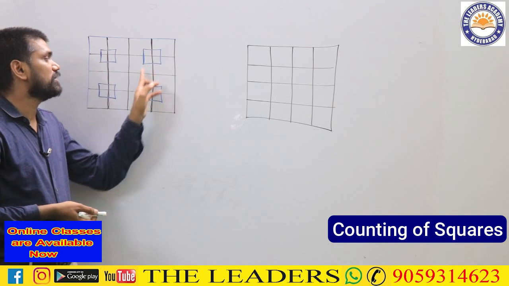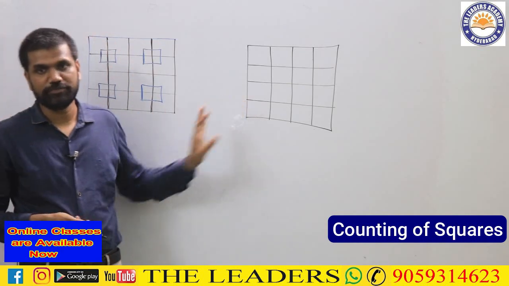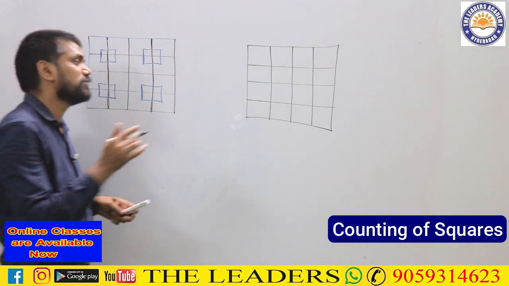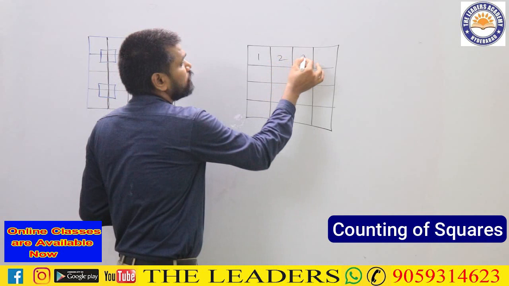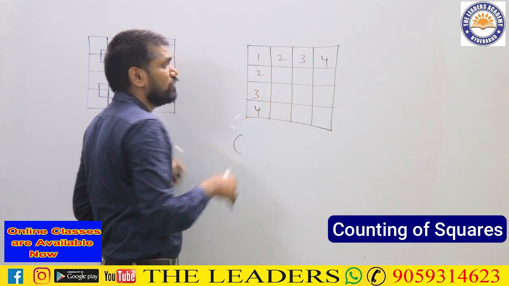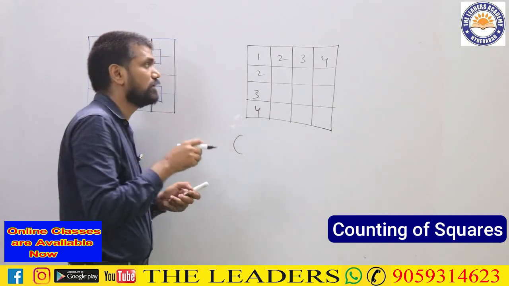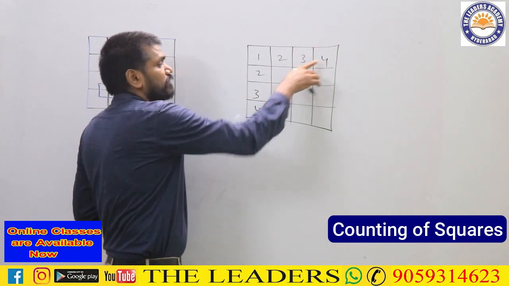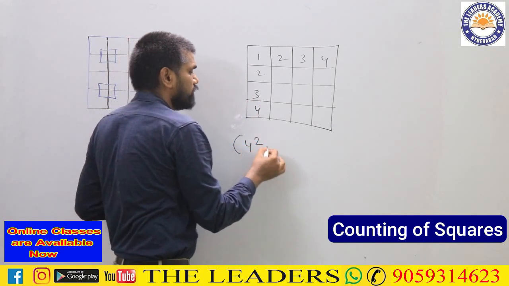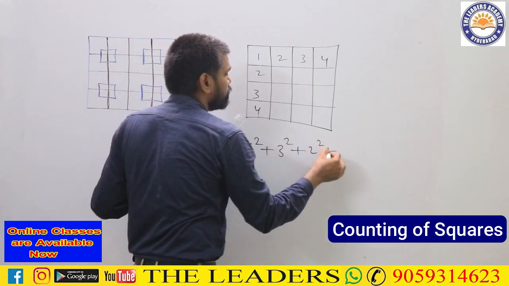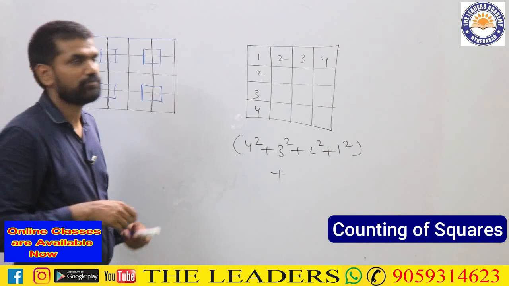So forget about the internal structures that I have drawn. Just look at this larger one. That one is having this shape. In this 4 by 4 square grid, how many squares will be there? We know. So that is 4 by 4 square grid. So I can simply say it as 1, 2, 3, 4. If it is a square grid, in that one counting of squares trick we have already learned. The trick is what? You simply multiply this. So what exactly is that? As it is a 4 by 4 square grid, you can simply start with what? 4 square plus 3 square plus 2 square plus 1 square. Do like that. That will give you the number of squares in this particular structure.